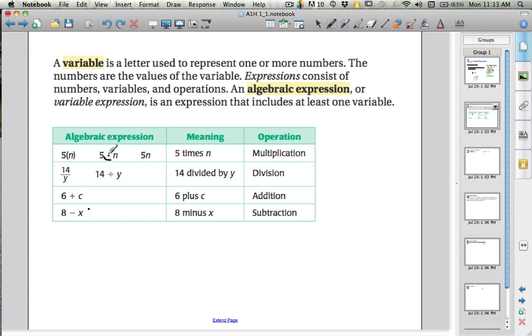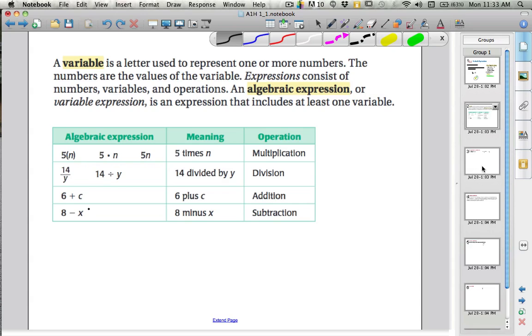So sometimes it's denoted with a dot, and sometimes they just put the coefficient with the variable, and that indicates that we should multiply. When we set up 14 divided by y, we have a fraction. That means 14 divided by y. We're looking at division. 6 plus c is going to involve addition, obviously, and 8 minus x is going to